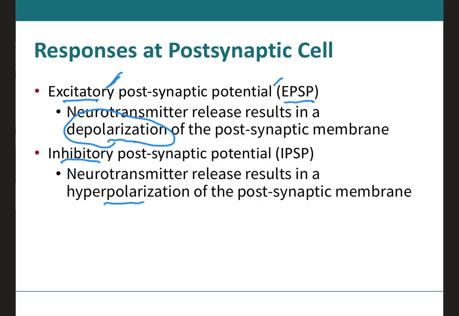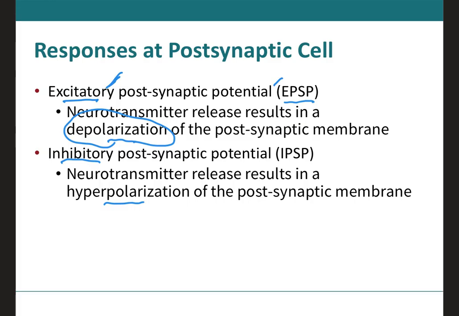And although a single EPSP normally will not initiate an action potential, the postsynaptic cell does become more excitable. Because it is partially depolarized, it is more likely to reach threshold when the next EPSP occurs. So the more EPSPs that occur, the more the cell will become excitable to be able to cause an action